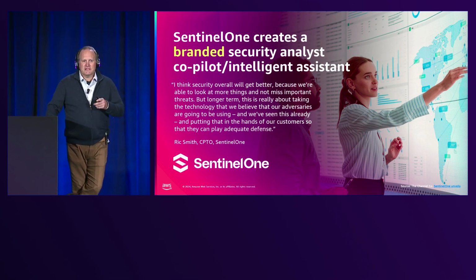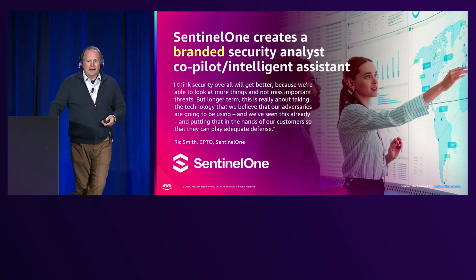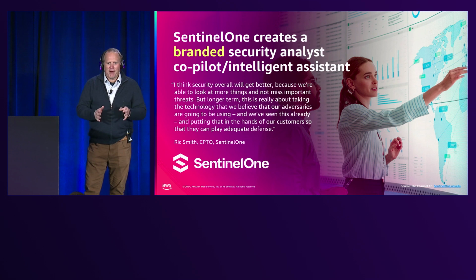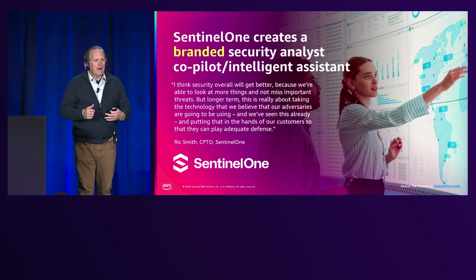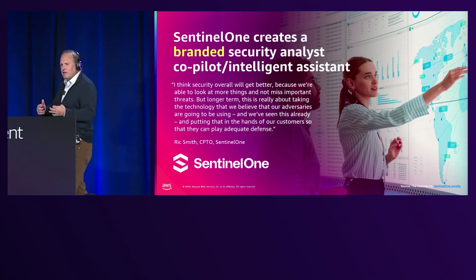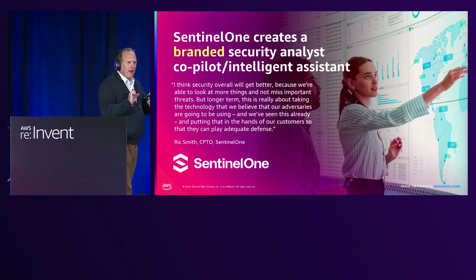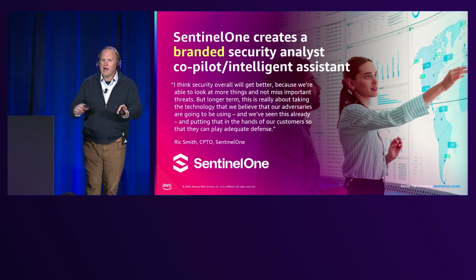Co-pilots, branded special co-pilots, Purple, or Salesforce Einstein, or if you're in the accounting space, Xero has one called Just Ask Xero, or JAX. And with the co-pilot, it's much closer to a pair programming experience, or I've got kind of an assistant that is helping me out. Those experiences tend to be a little bit more textual in terms of the interaction. I ask the co-pilot to do something for me, and it goes and does it, and there's a conversational aspect